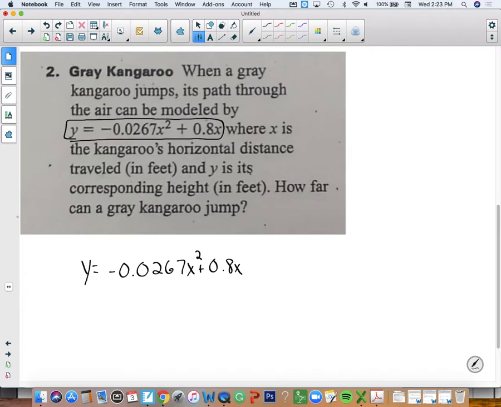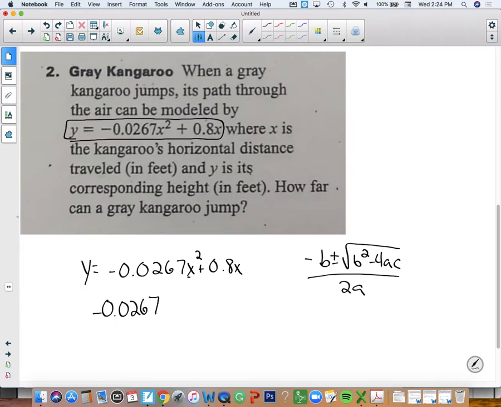Okay, so you can use the quadratic formula: negative b plus or minus square root b squared minus 4ac all over 2a. You can use that, or the easier option would be factoring. So remember, factoring is the same as division. Can I divide this by itself? Yeah, you can. So if I factor that out, negative